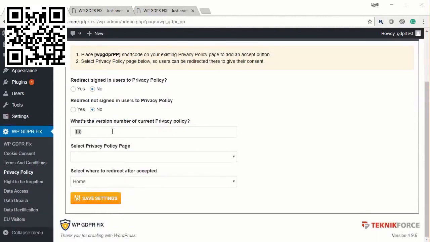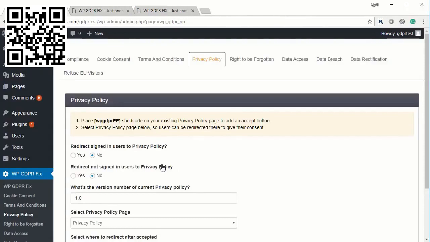And every time you change the version of the privacy policy, you're supposed to change the version anytime you make a change in the text of the privacy policy, the people will be taken to the privacy policy again and forced to accept it. So after you have selected your privacy policy and you have selected where you want to redirect, you can click on Save Settings, and people will be asked to go to your privacy policy according to